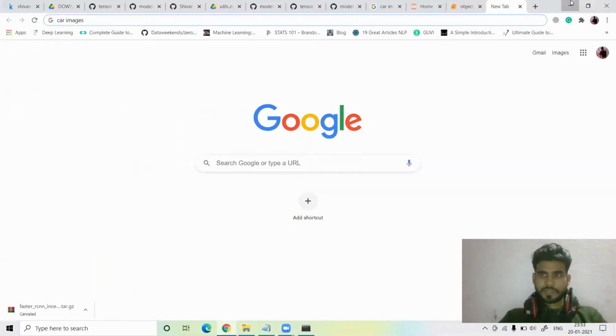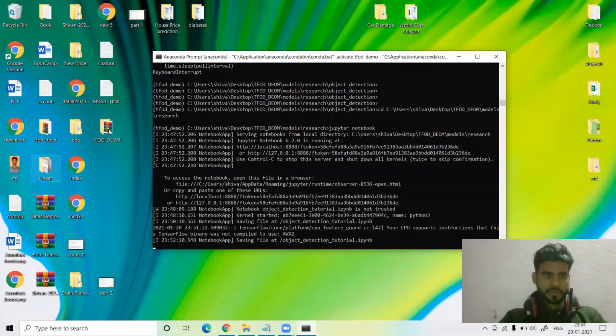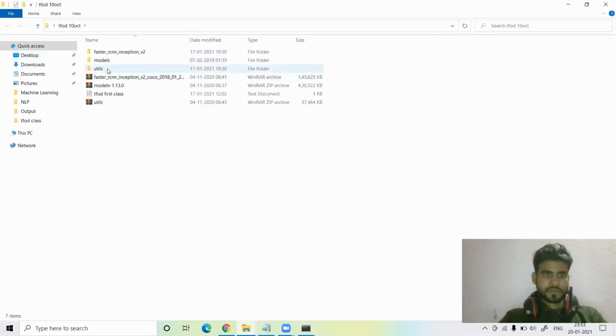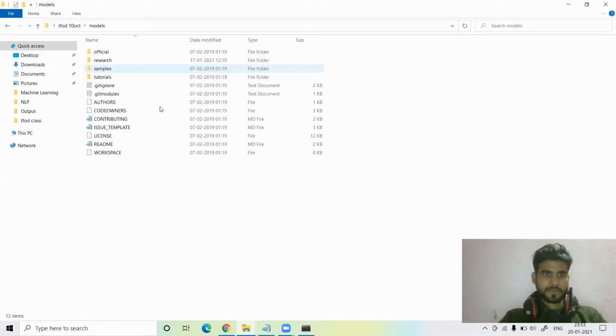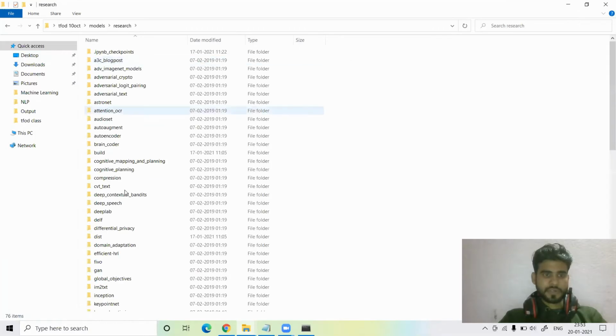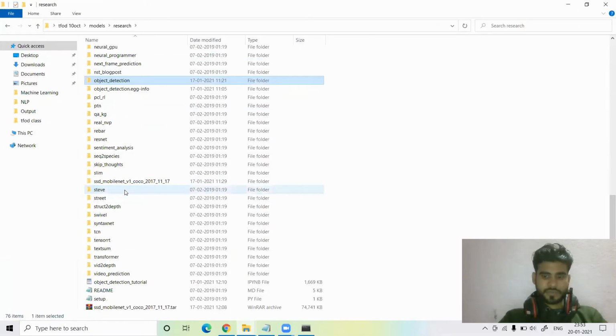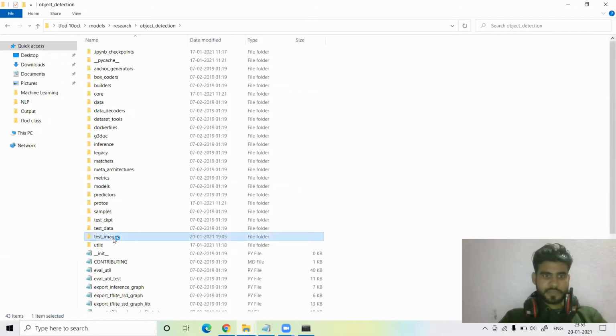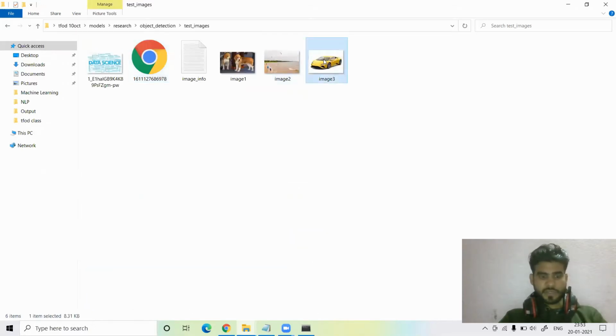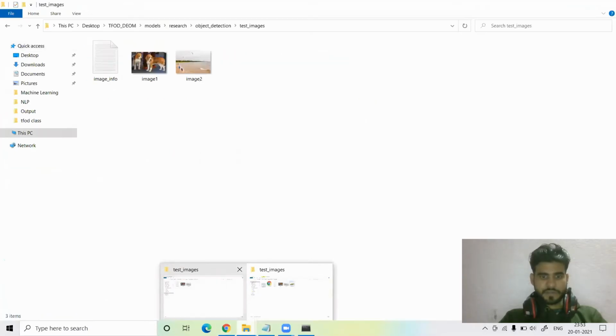Where can I download it? This folder? And here, in the research folder, in the object detection folder, we have the test images. I already downloaded them here.